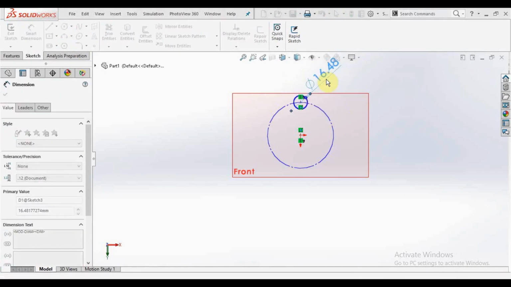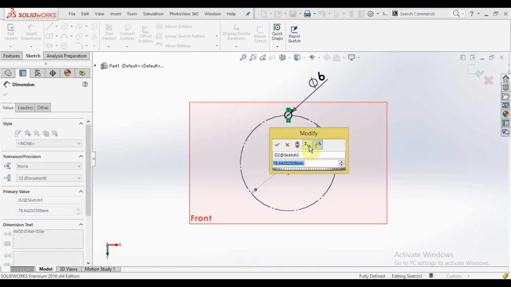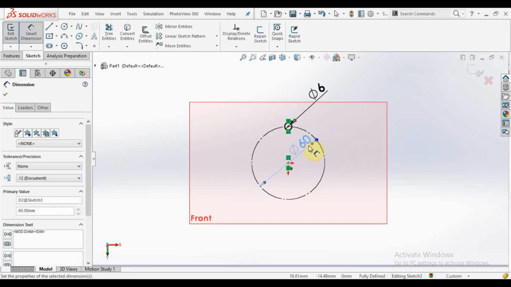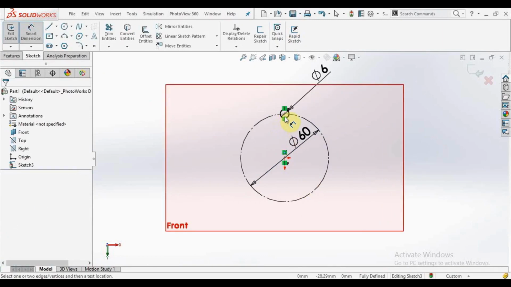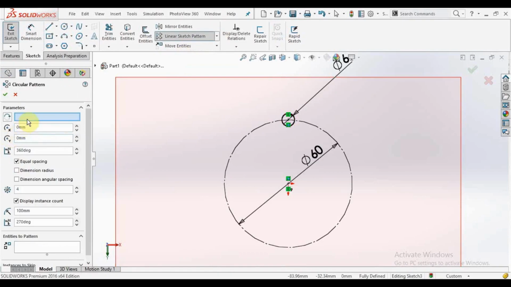Let's say my construction line is 60 mm. So here you can see this is our fully defined sketch. Let's say I want this hole on this periphery, and the number of holes is, let's say, 8 holes at the same degree. So create a circular pattern. You can see the axis.